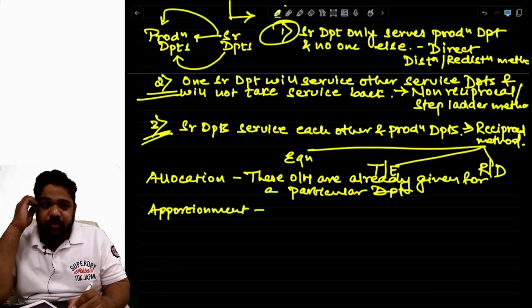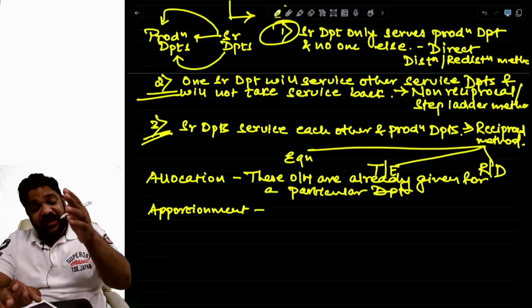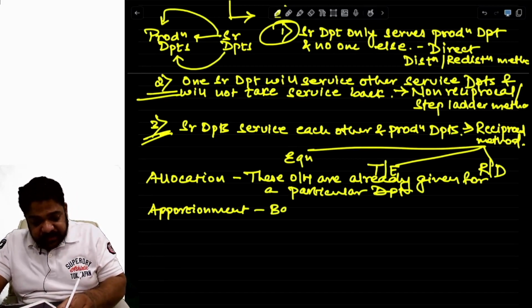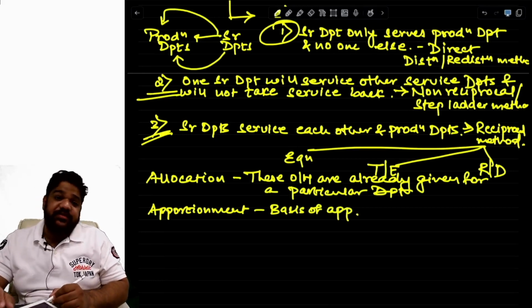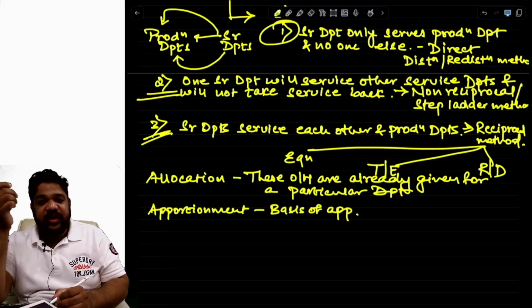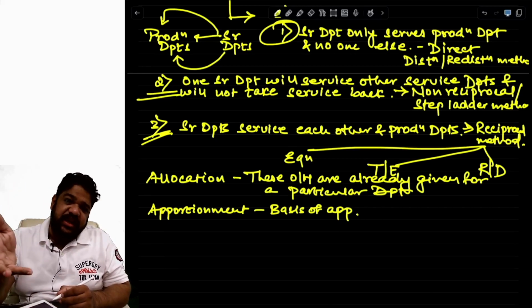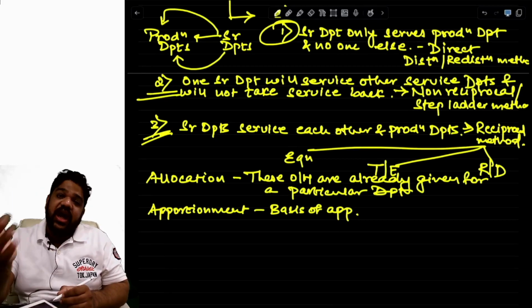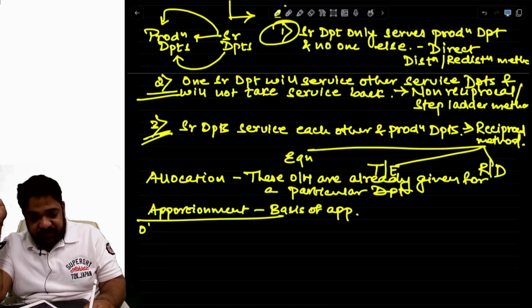Now, how does apportionment work? These are costs which are common for all the departments, and you have to divide them between the departments using some basis of apportionment. This is where area in square feet, capital value of assets, machine hours, labor hours, direct wages, all of these bases that you get in the question are used. Okay. Now, allocation plus apportionment will give you overhead as per